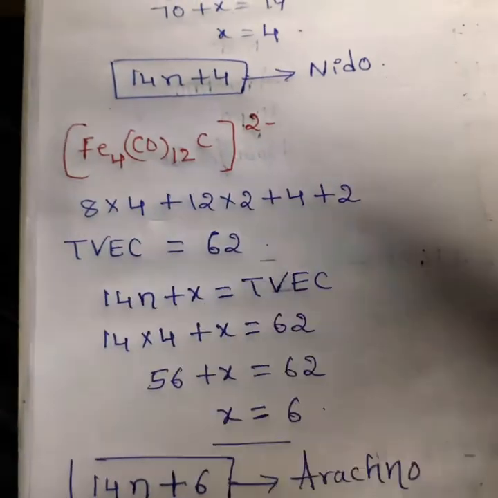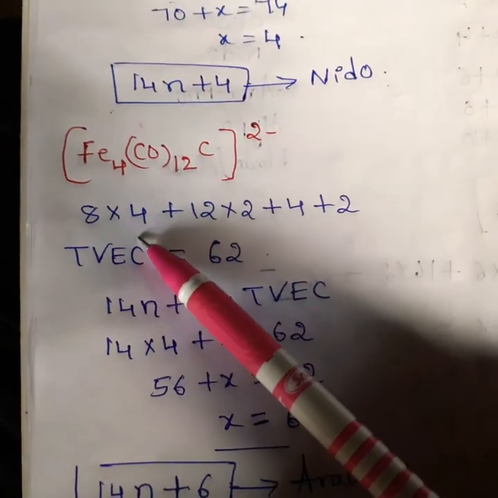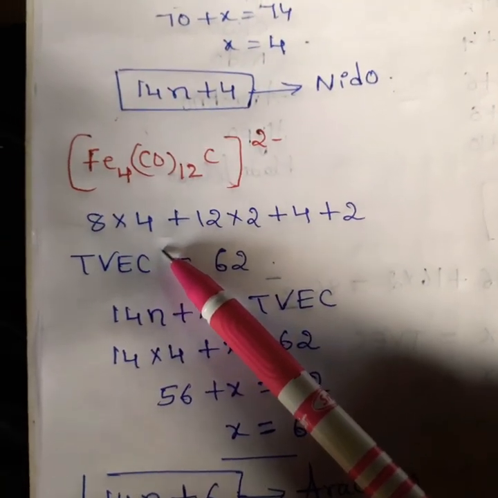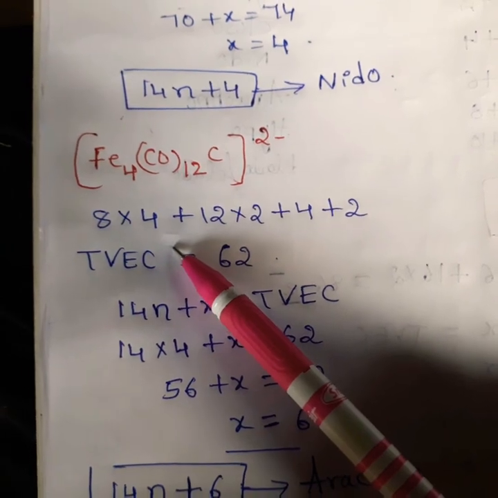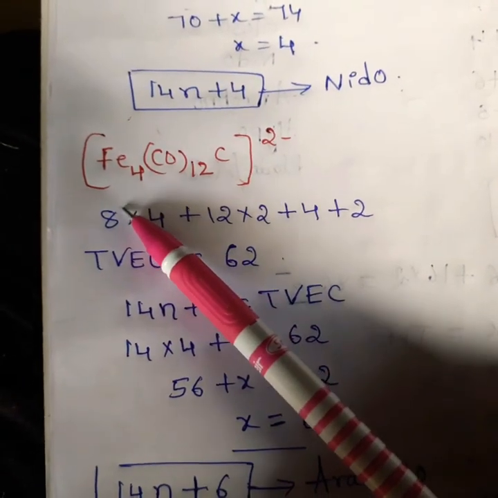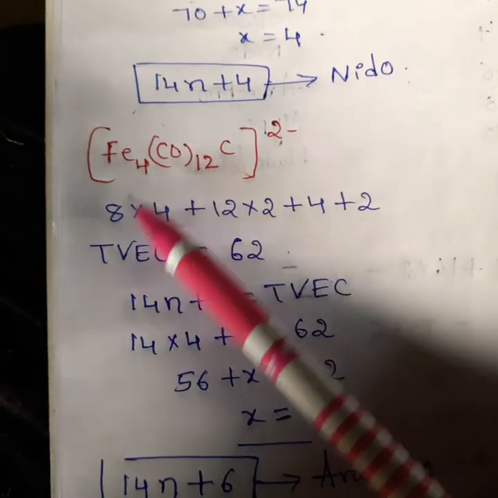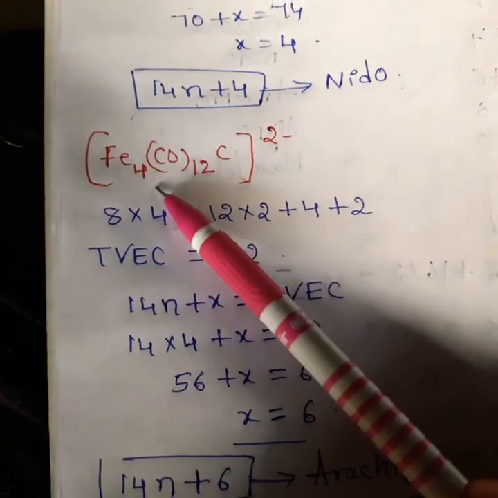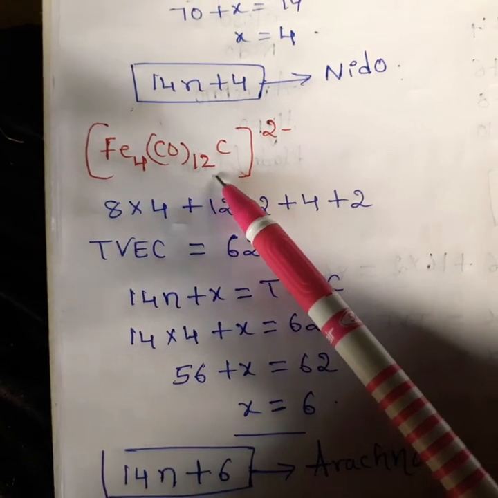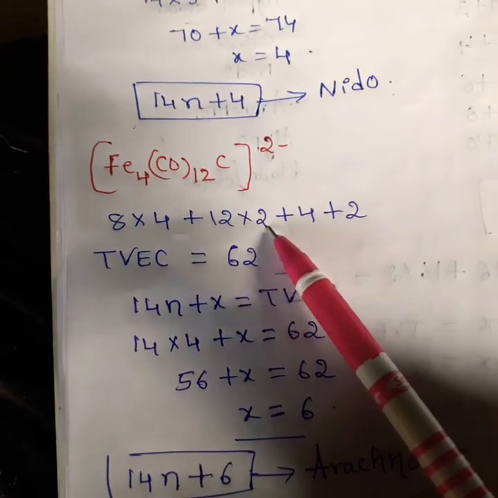See, one more example, friends. Here also the first step is the same: we just have to calculate the total valency electron count. The valency electrons present in iron are 8, and here they have given 4. So 8 into 4 plus. Here they have given 12 carbonyls, so 12 into 2, 24, plus